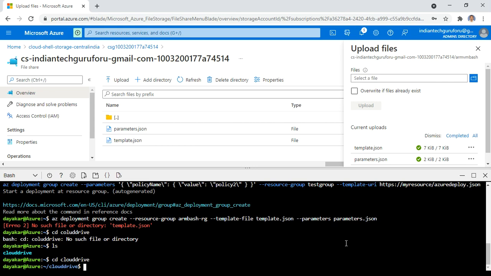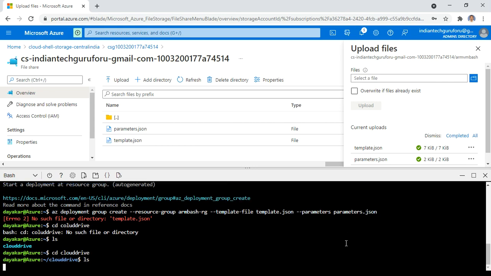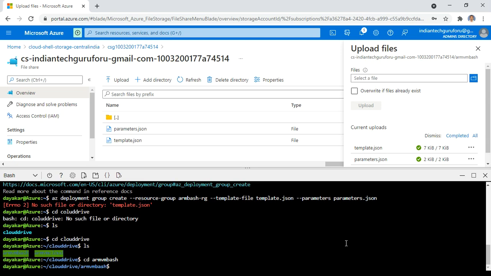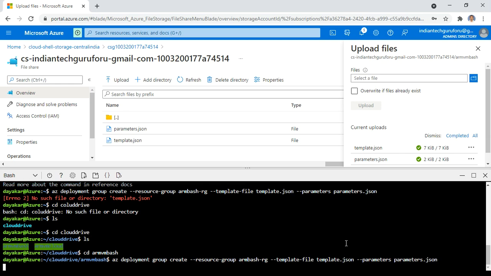Now we went to clouddrive. Once again press ls. There are two folders. What folder have we created just now? cd ARM VM bash. In this folder, the template.json as well as the parameters.json is available. So I will use that particular command now.